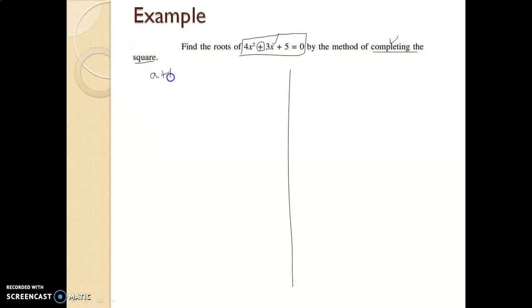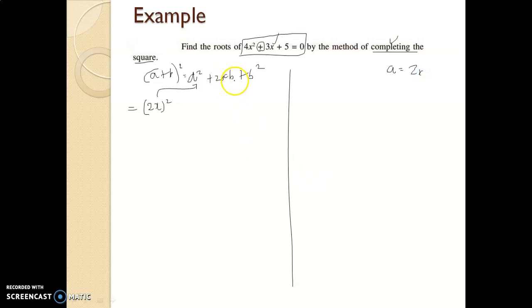(a plus b) whole square equal to a square plus 2ab plus b square. So that is the formula. Now we are going to solve this equation using this formula only. That means we are going to convert the equation into the form of this formula. Okay. So the first term, 4x square, we can write in the form of a square term as (2x) whole square. Now when we compare this with the right hand side of the formula, a equal to 2x.